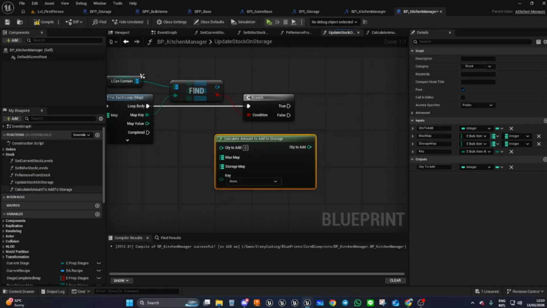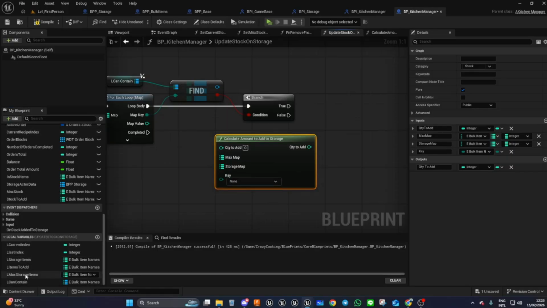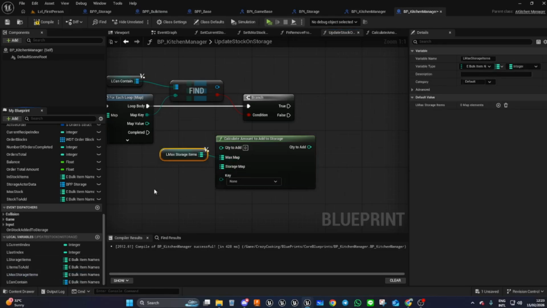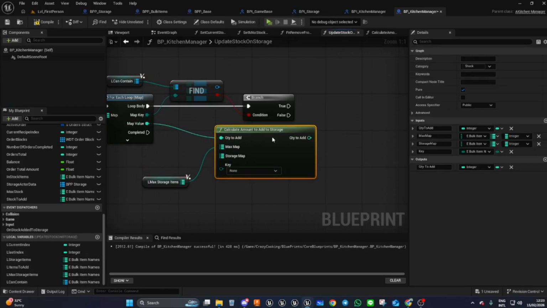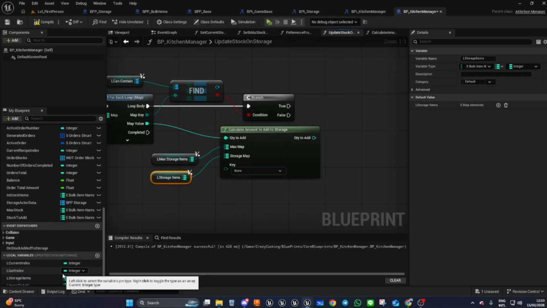Drag that one in. We get our L max storage items. We get the quantity to add from here. We get storage items. And the key,